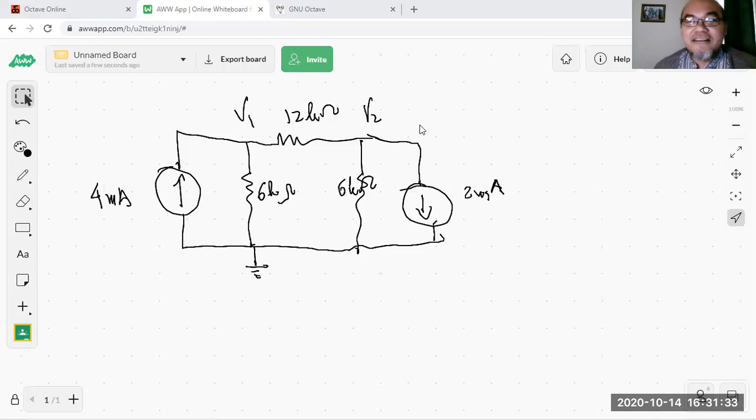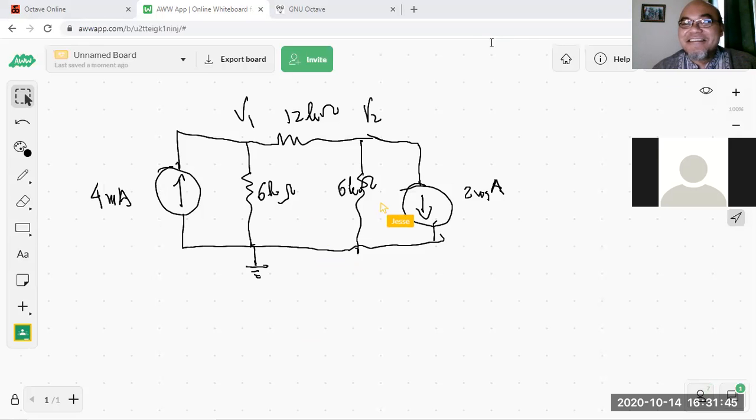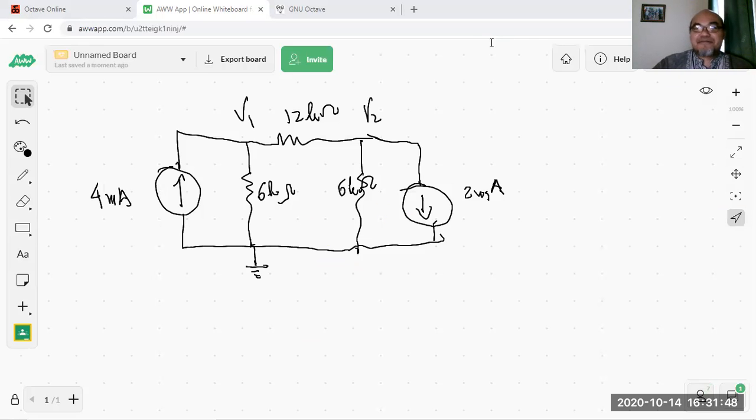Using the node analysis. If wrong, sorry, sir. Yeah, we do it together. That's why this is an exercise. No need to be sorry for now. So you have two unknowns, and you have two nodes basically. So you should write KCL equations on node 1 and then on node 2.